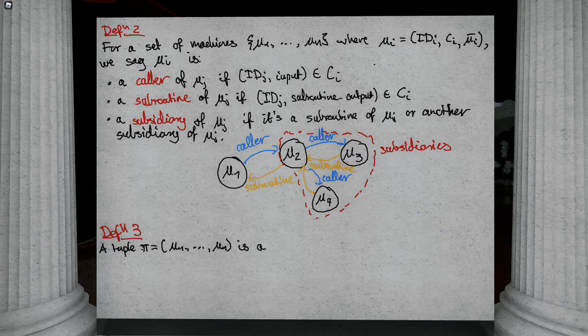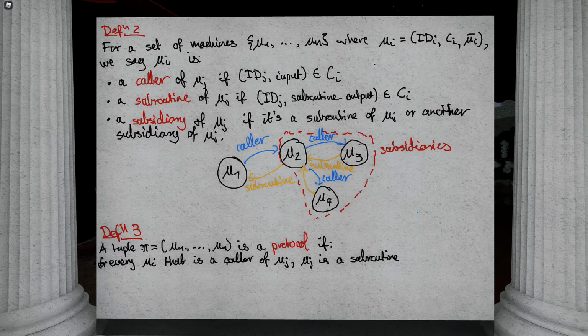It's a protocol if every mu I that is a caller of mu j, then mu j is also a subroutine of mu I,